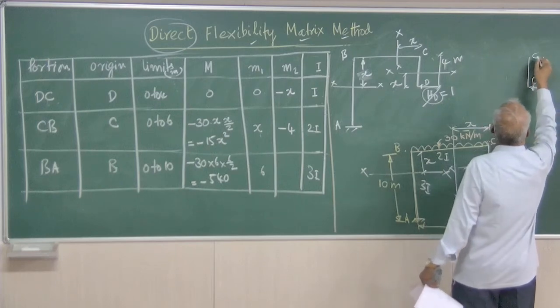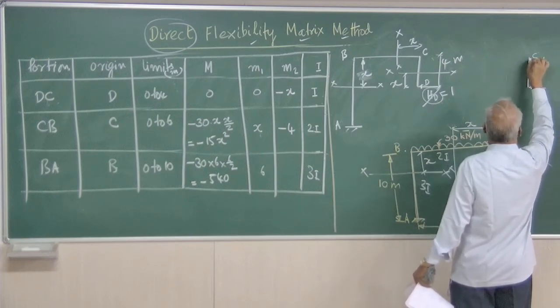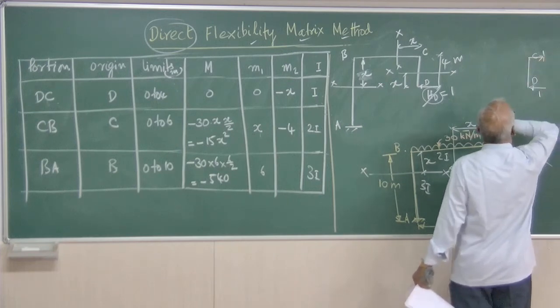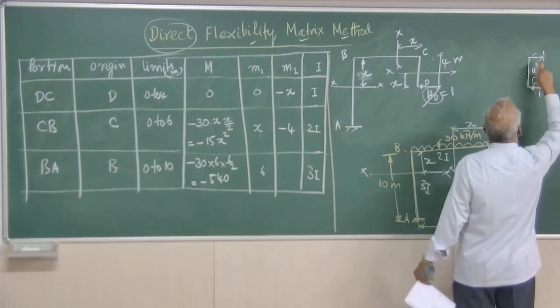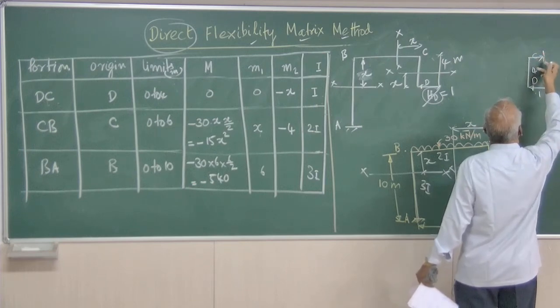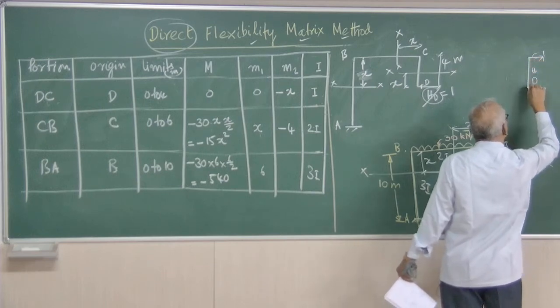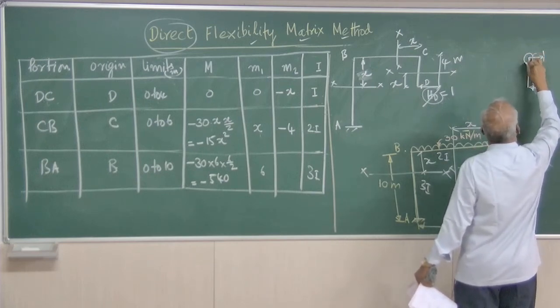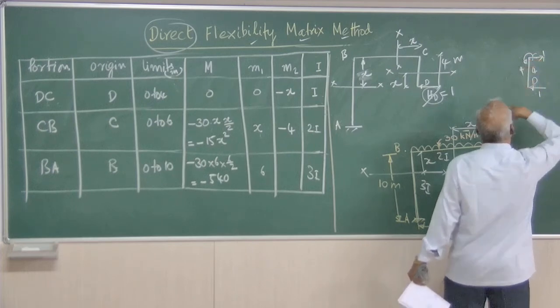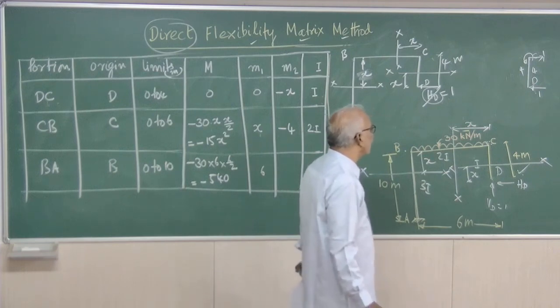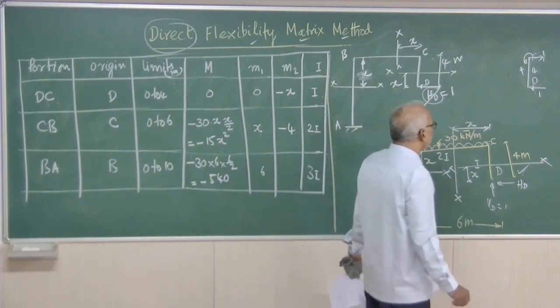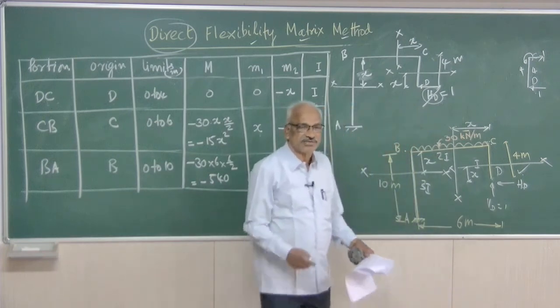For equilibrium of this member alone, the free body diagram alone, the force will be to the right. This is 4 meters. So these two will cause a clockwise moment of 1 into 4. Therefore, for this element CD alone to be under equilibrium, there must be an anticlockwise moment of 4. Now that element CD will be under equilibrium. We have to satisfy for each and every element sigma h equal to 0.